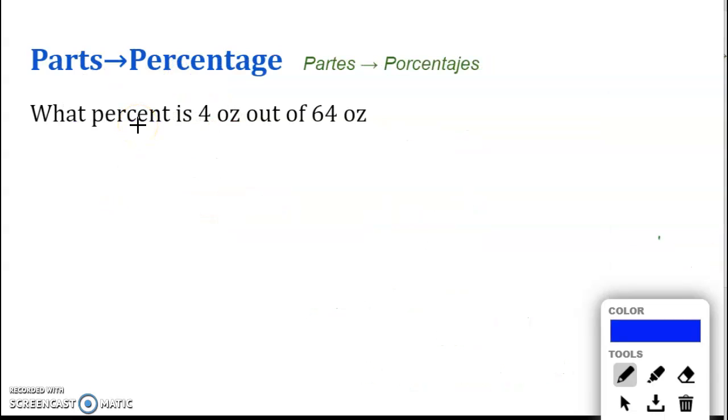Next up, we are going to be looking at figuring out percentage when you are given parts. So what are we given? We're looking for percentage. So the percent is what we are looking for. Is 4 ounce out of 64 ounce, which would look like this. So we are looking for the decimal or the percentage representation of 4 over 64. If I use the calculator and do 4 divided by 64, I get